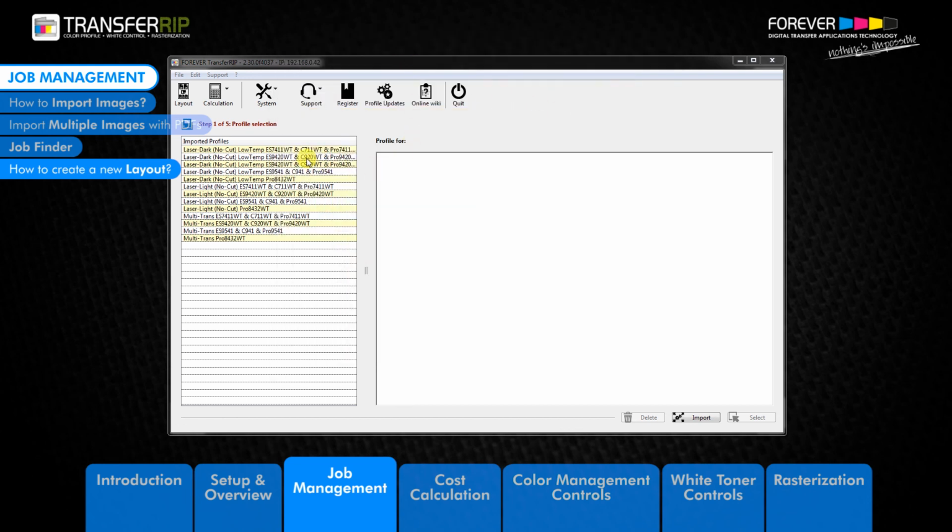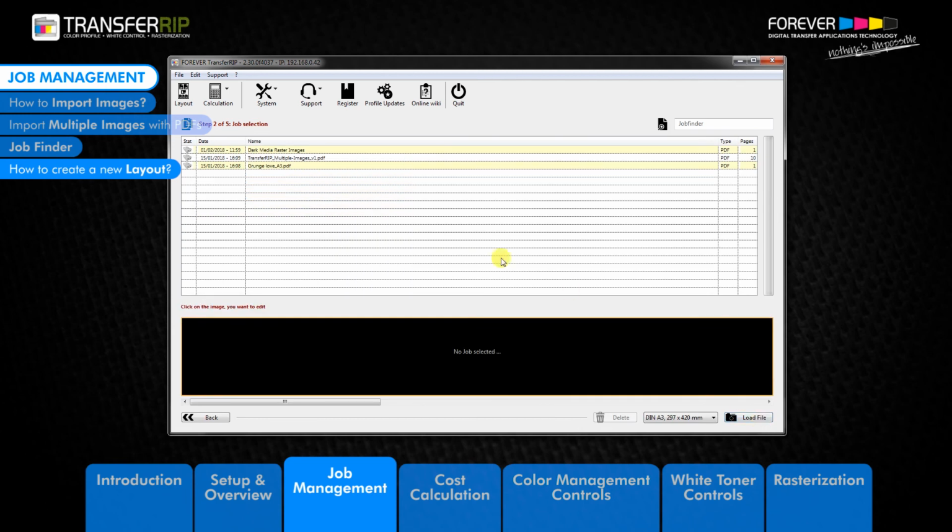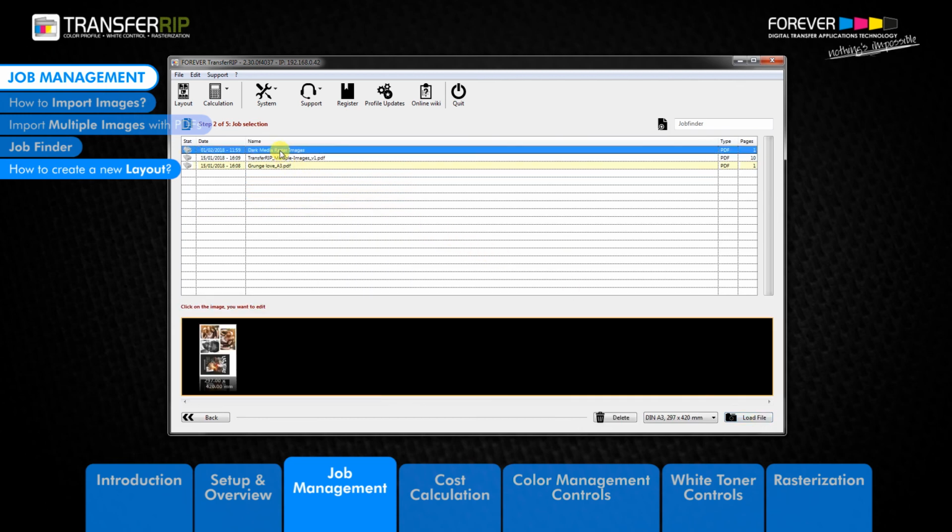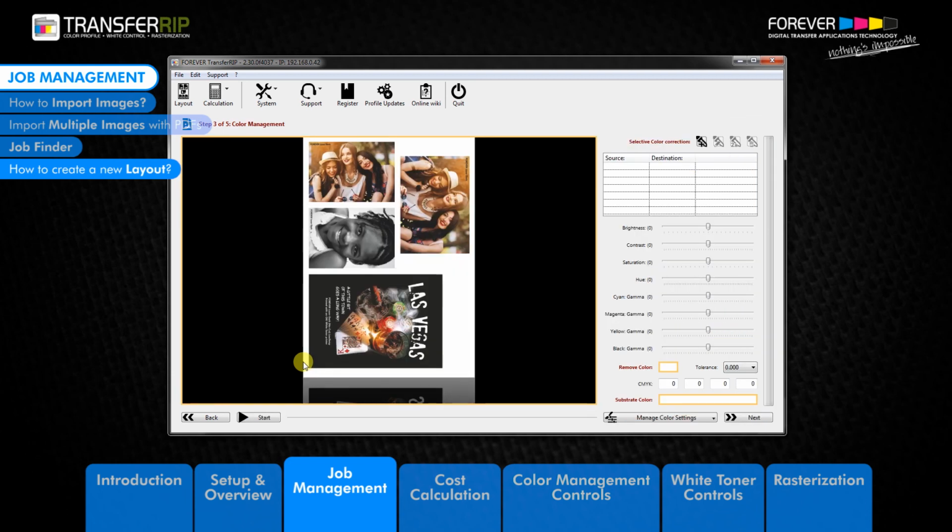Choose the color profile where the new layout was saved. You can see that the new layout has been saved to the job list. Click on the new window in the job list to activate the preview window below. You can now use this layout like a normal file. Run through the steps, add a raster, preview the image or